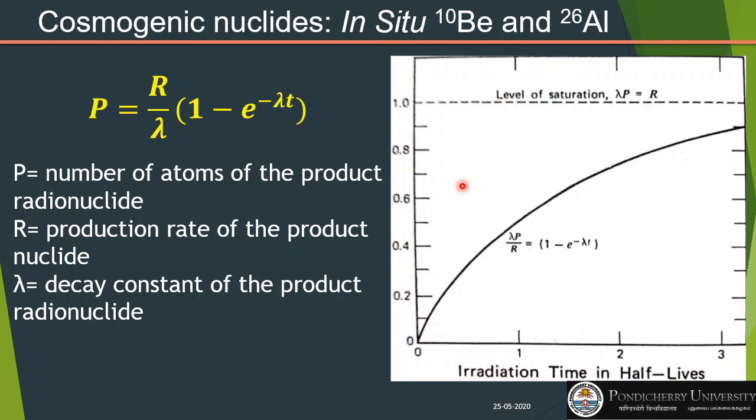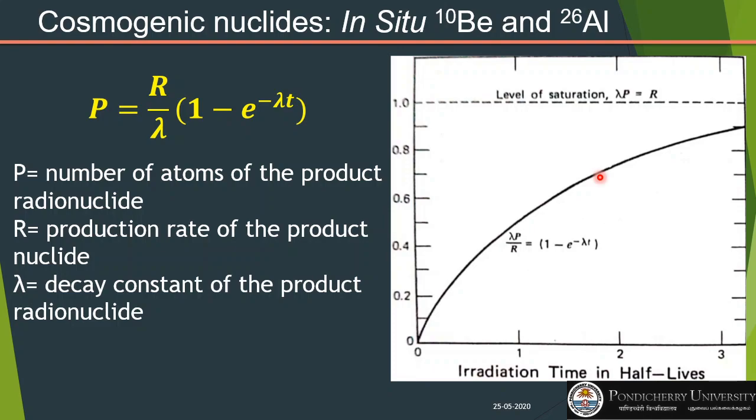So this could be applied to many different scenarios. I just gave you one example of glacier retreat, but you can also do the same thing for an area where, for example, a surface got suddenly exposed due to a landslide. A landslide can also expose a new surface to the cosmic rays, and then you can find out the concentration of cosmogenic nuclide, and then find out how much time it would take to build up that concentration, and that would be the time we can call an exposure age.